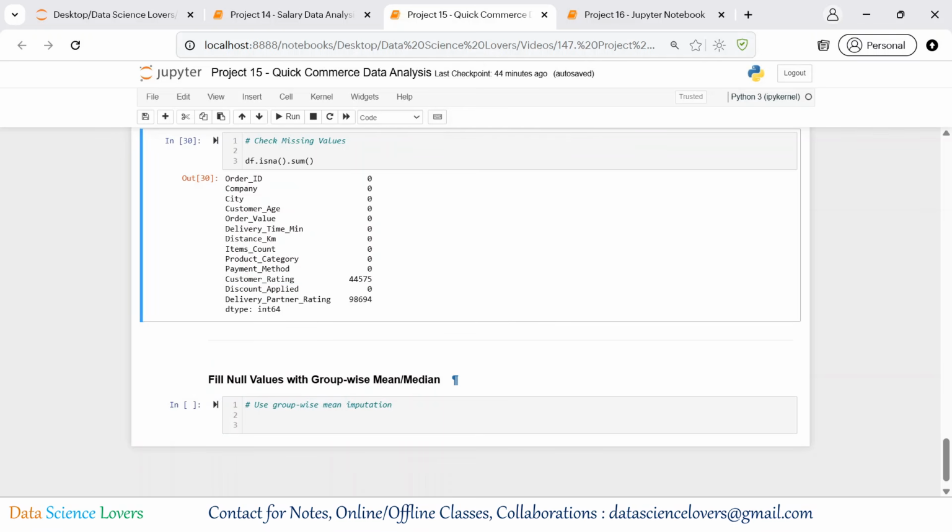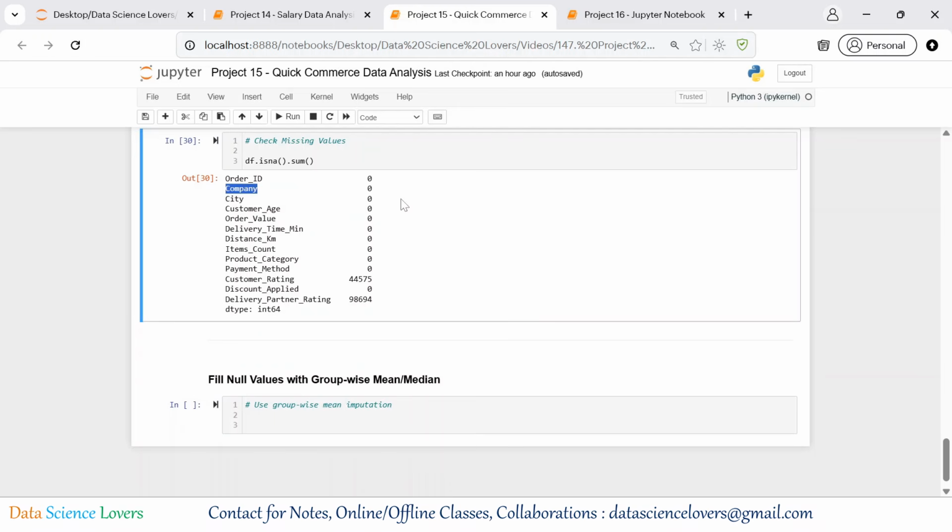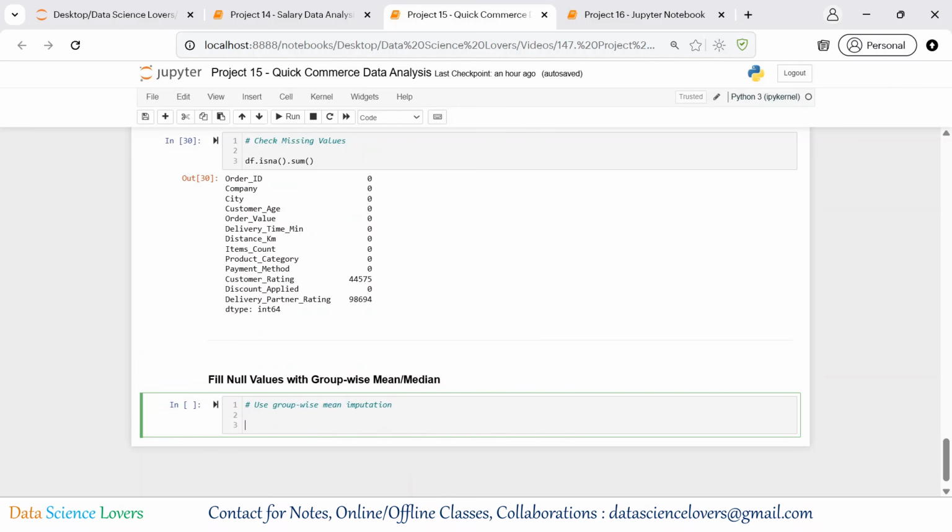But in case of group-wise, here we will consider the company column to make the group of all different companies, and we will check what rating is given to the orders of that particular company. Like we will make the group of customer ratings for Blinkit orders from Blinkit company, and then we can make the group of customer rating for JioMart to check the rating given to the JioMart orders, like that. For this we will use the groupby function,